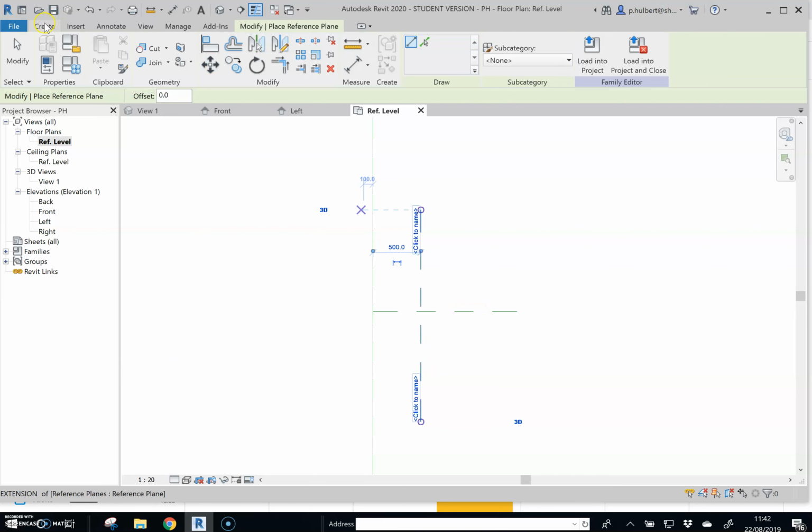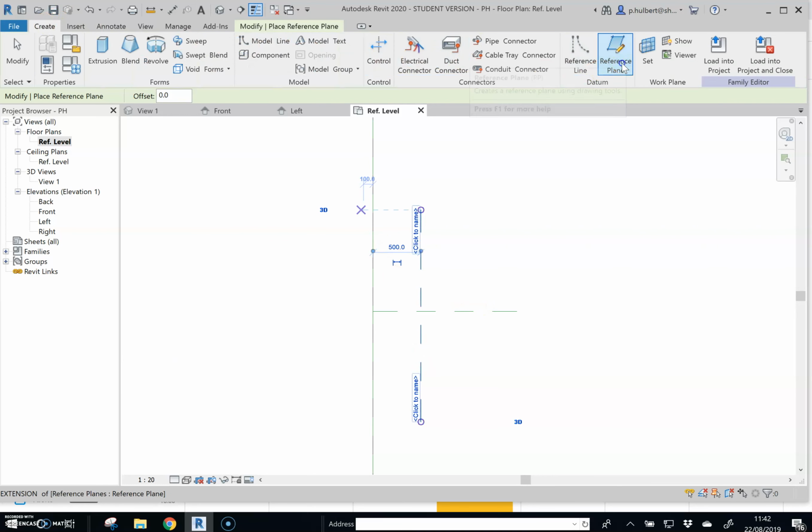So let me just do some extra reference lines. So across here, this would be 500, and across here, that was exactly 500 by eye. I was lucky. We've also got some chimney pots which are going to be here and here. So I'm going to put the reference planes in for those, and those are in